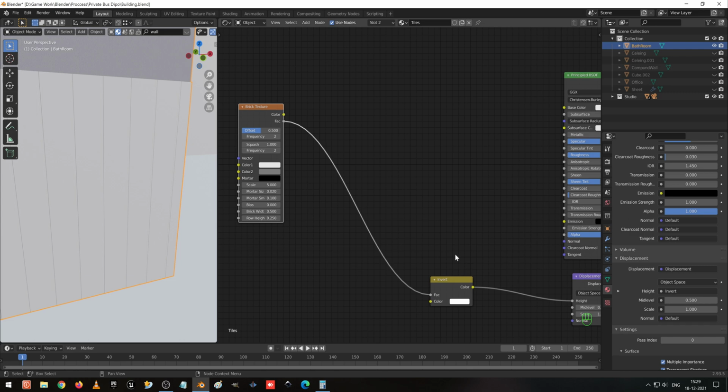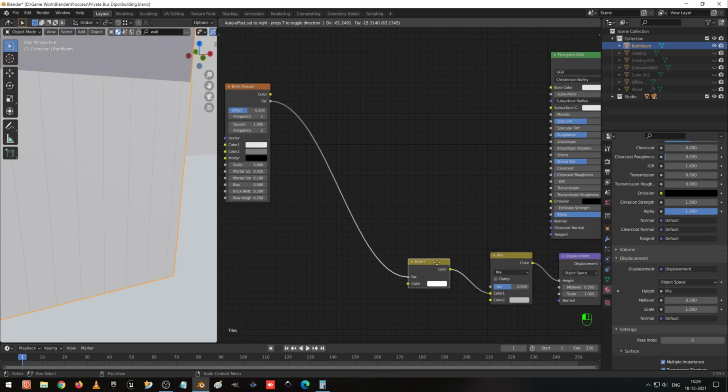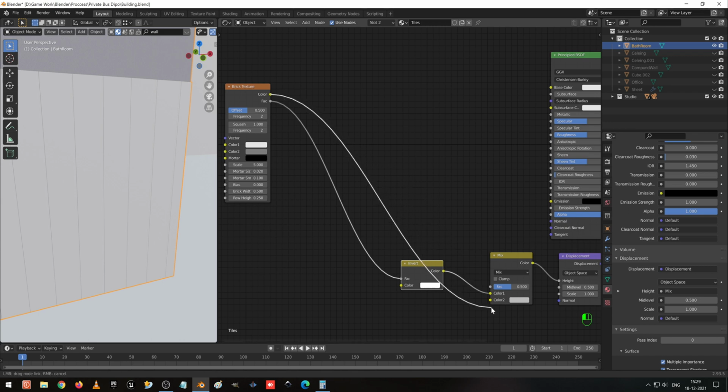Okay, now after making invert we are going to add a mix RGB. I am going to select this and take color to bottom and fac to fac.